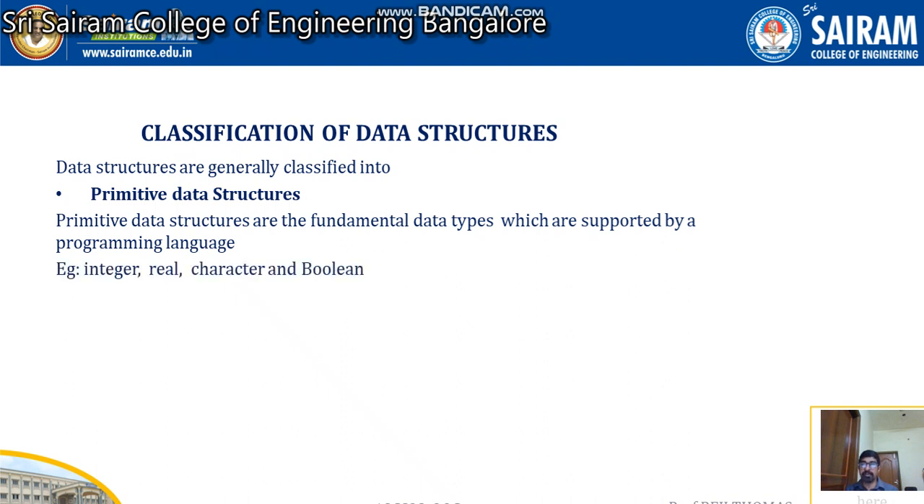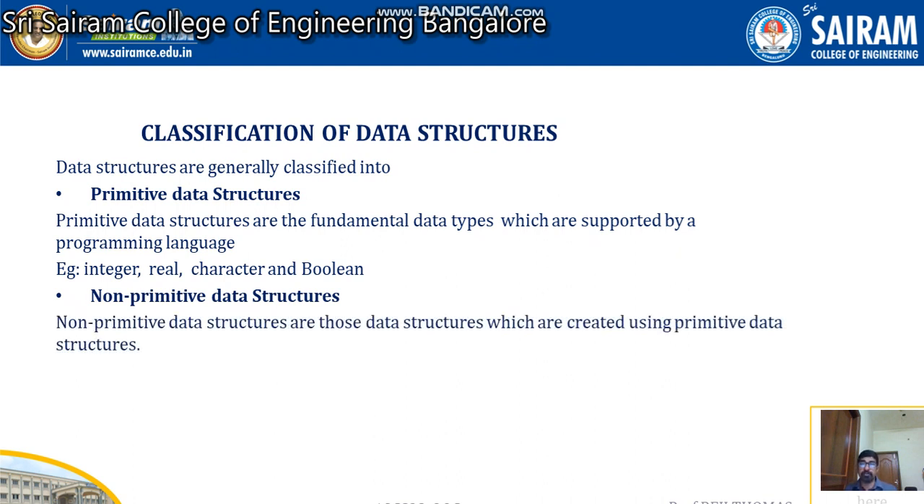Examples as I told, which is integer, real, character, boolean, everything is primitive data structures. And the second one is non-primitive. Non-primitive is those data structures which are created using your primitive data structures. So please remember what is primitive. Integers, characters, boolean, real, everything is your primitive one. The data structures created using this primitive is known as